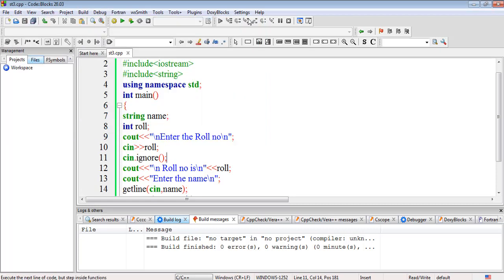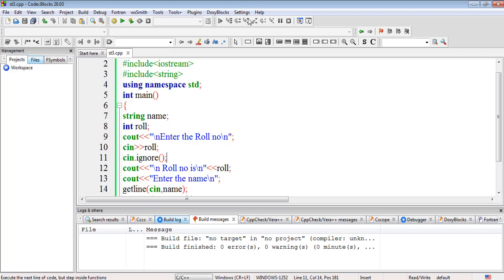In this way, you can use the cin.ignore function, and try to use the getline function if you are reading a particular string. Try to use the getline function irrespective of cin, so cin should not be used for reading the string.